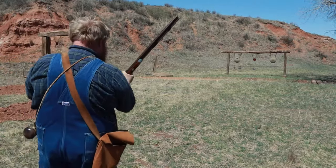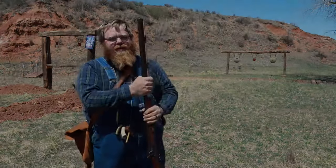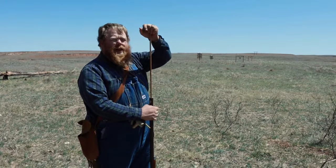Just like that. Yes, sirree, Bob. I really love this gun. It shoots really good. Let's go out to 100 and see what we can do. I'm about to go out to 100. I just wanted to point out that one of the things that I really like about this gun and this